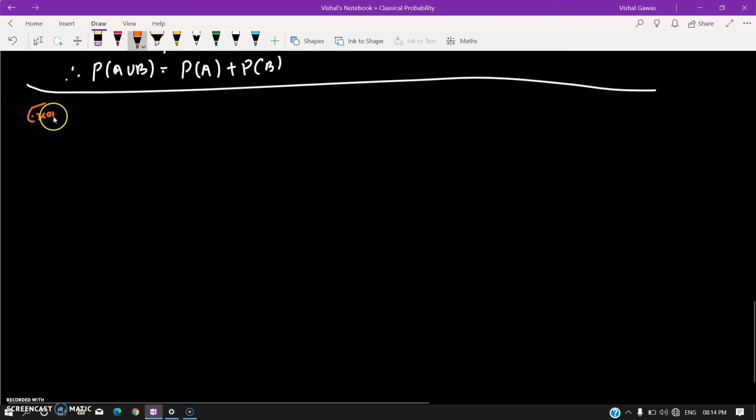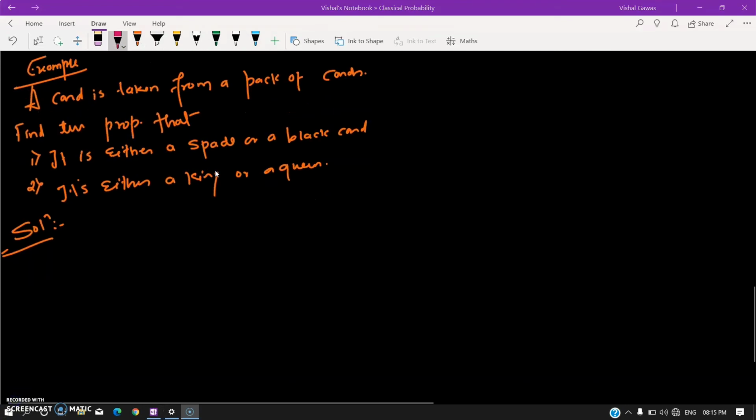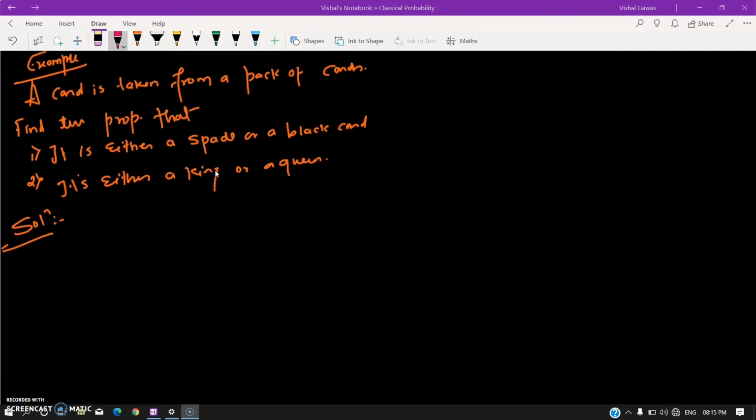Example. Let's look at this example. We draw a card from a pack of 52 cards. We know that a pack of cards has 52 cards. We need to find the probability that the card which is drawn is either a spade or a black card. And the second problem is, it's either a king or